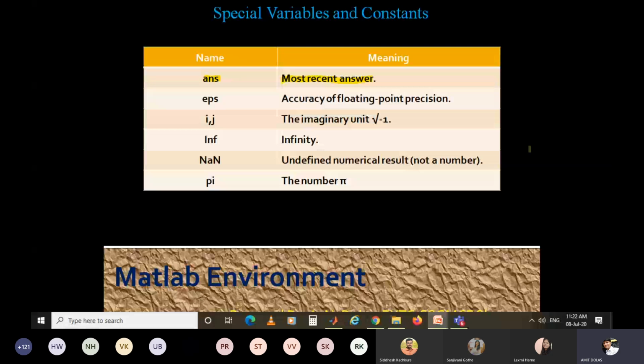Next, eps is the accuracy of floating point precision. i and j are the imaginary unit. Inf is infinity. NaN is for an undefined numerical result, that is, not a number, and pi is for pi. So these are the special variables and constants.